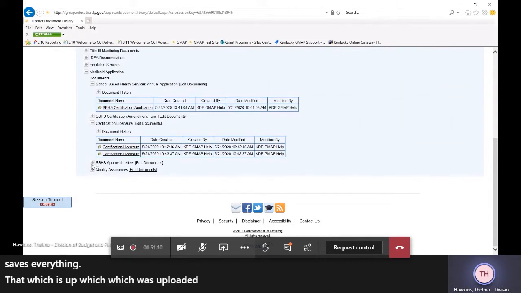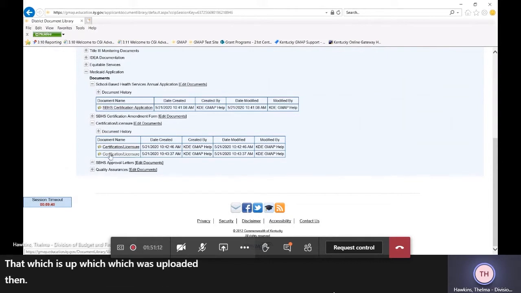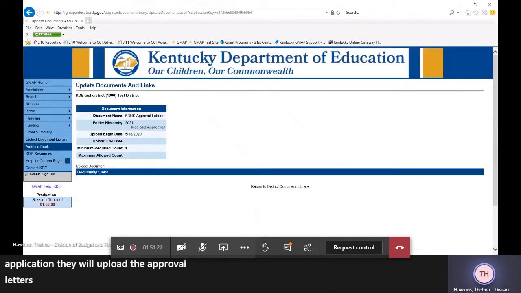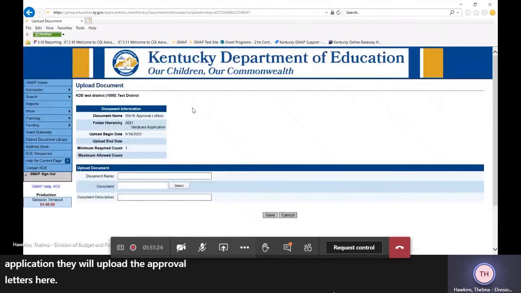Then once Stephanie and Lindsay review your certification and licensure and your application, they will upload the approval letters here. Once again, this is a step they will do.